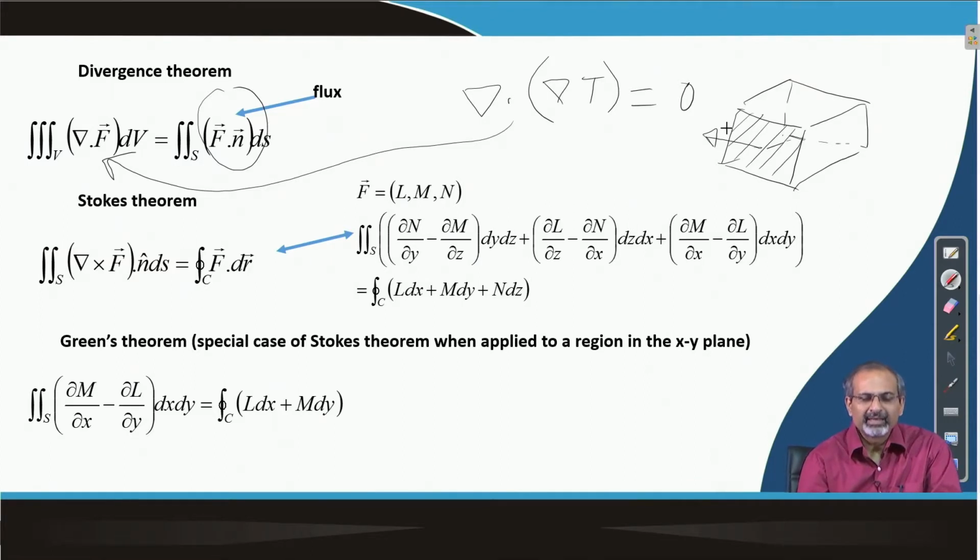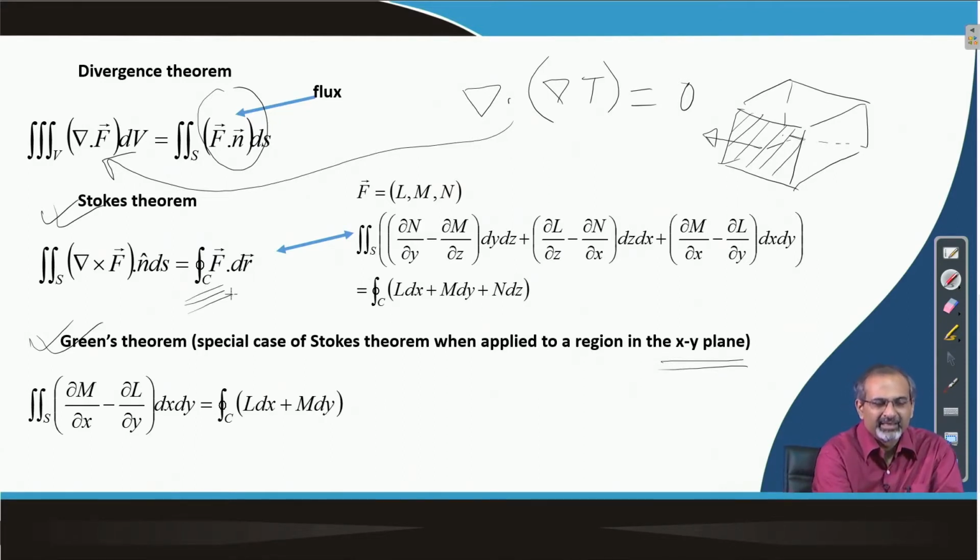In finite volume technique, for simplifying certain other kinds of terms in the governing equations, you may as well come across the use of Stokes theorem, which is in a general 3D framework, or if you are applying it in a plane, let us say in the xy plane, then you would prefer to use a simpler form which is called the Green's theorem. So, they both involve line integrals. So, they express the relationship between surface integrals and line integrals. So, they are very convenient when you are working on planar control volumes.